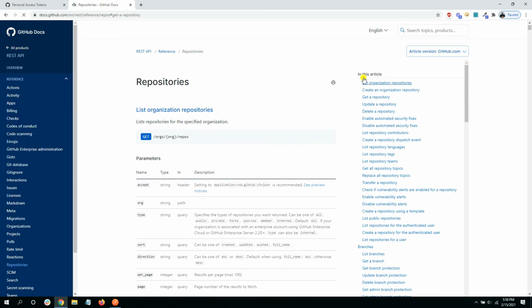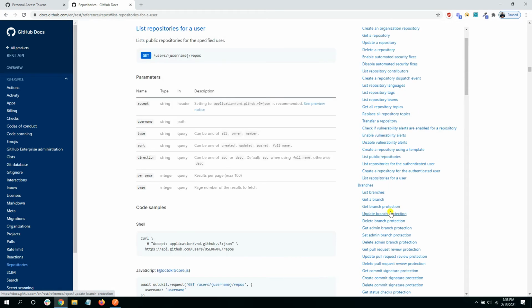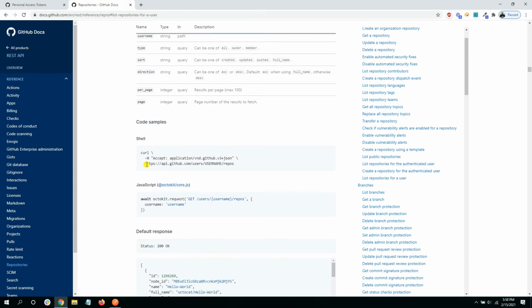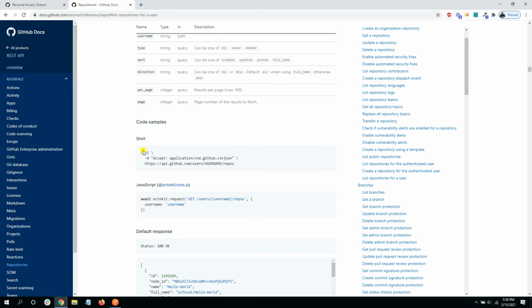Okay, and here you can see in this article you can have all this functionality, you can perform all these things. So I'm interested in this list repository for a user. Click on it, and this is the endpoint to access the repository of the authenticated user. Okay, and here is the example which shows you how to get the repository using curl. So copy this endpoint